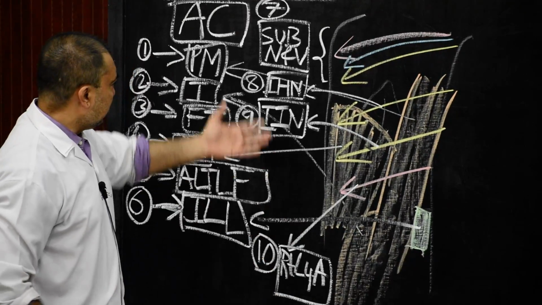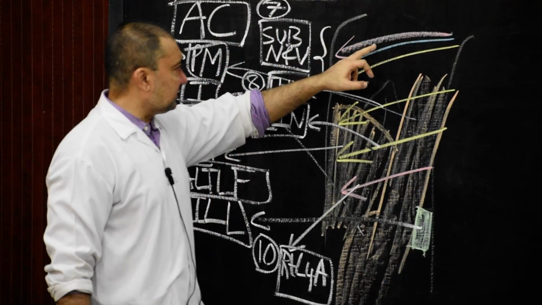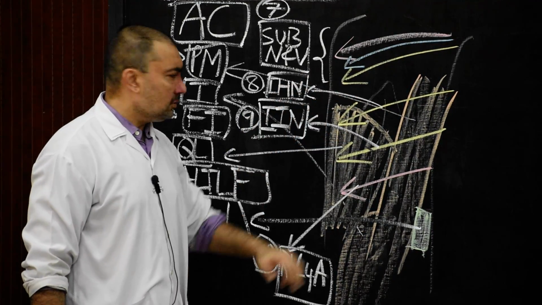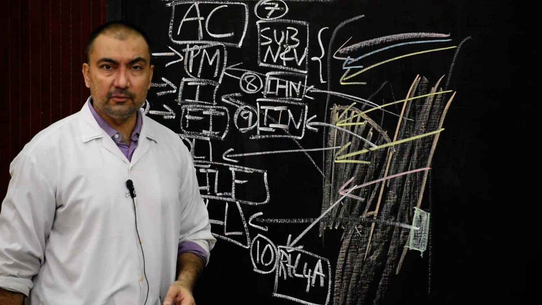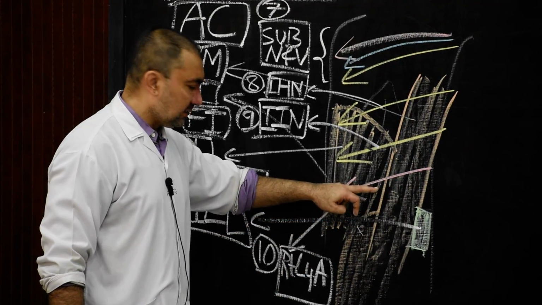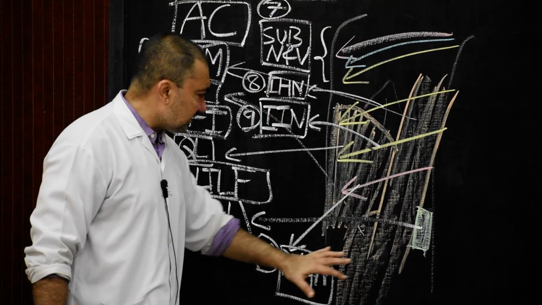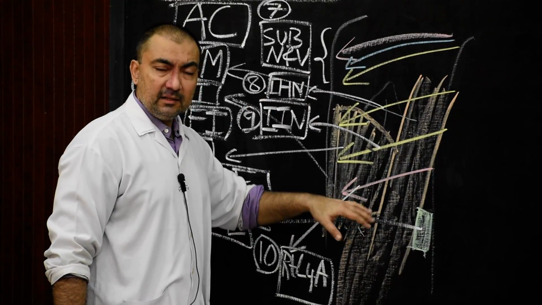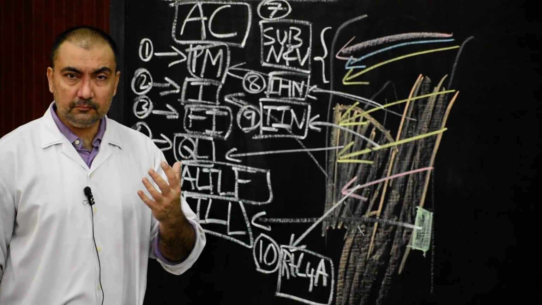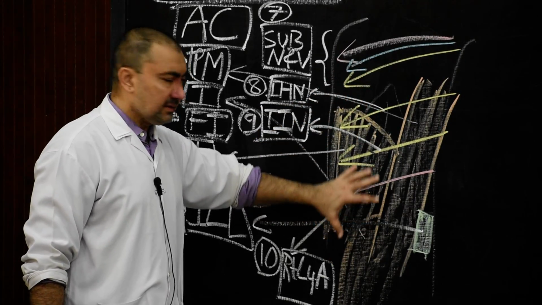Then we come to the remaining structures, which are nerves and vessels. The uppermost part, subcostal vessels and subcostal nerve. Then below that, iliohypogastric nerve, and then ilioinguinal nerve. And then below that, we come across the right side fourth lumbar artery. So these are the 10 structures which are related posterior to the ascending colon. Please note down.